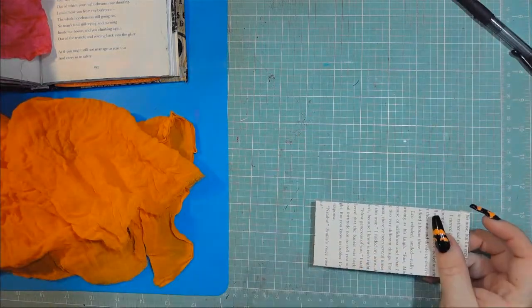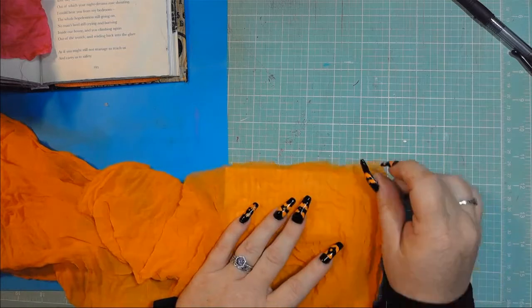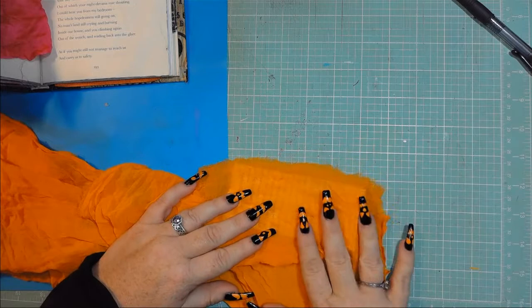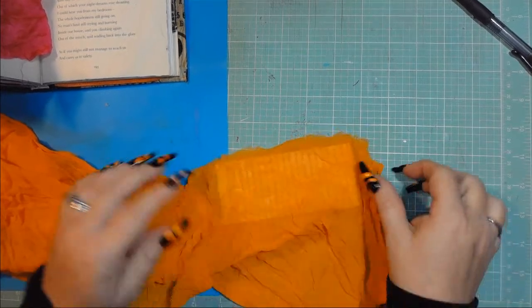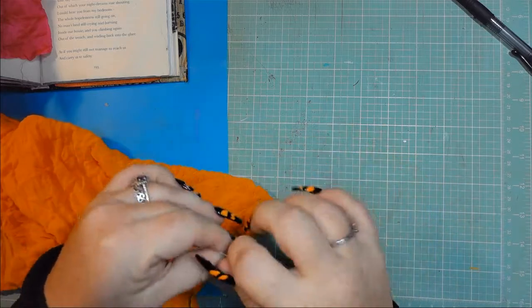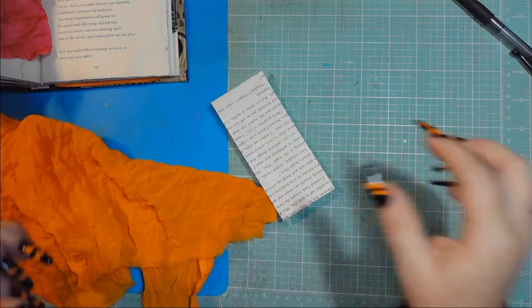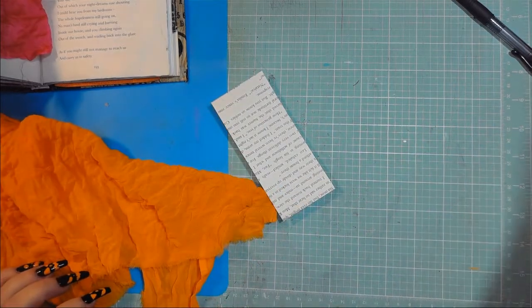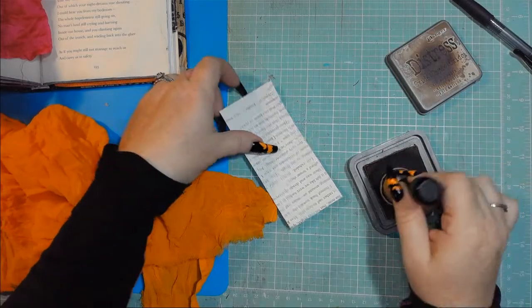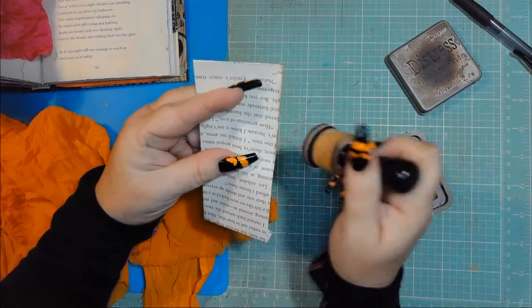So you come out of my way for just a minute, and I'm going to, and this is kind of why I went with the book page, is because this fabric is slightly sheer, so you'll be able to see it through. So let's see, what do I want to do? I want to slightly ink around it, I think, a little. I'm not sure how much of this will be noticed, but